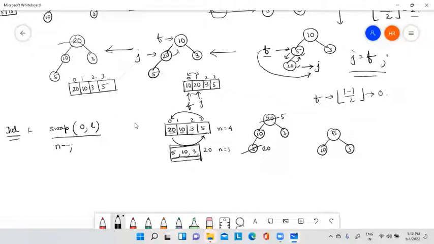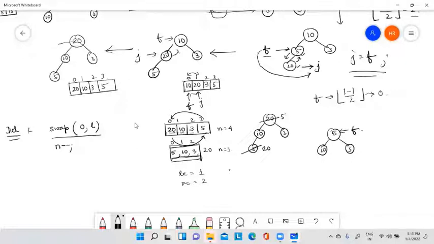Now considering 5 as the father, 0 is the father. Then I will calculate the left child and right child. What is the left child index value? 1. What is the right child index value? 2. Then I will compare these two, because what is the logic of deletion? First you have to interchange, replace, then among the children you have to find the maximum one.